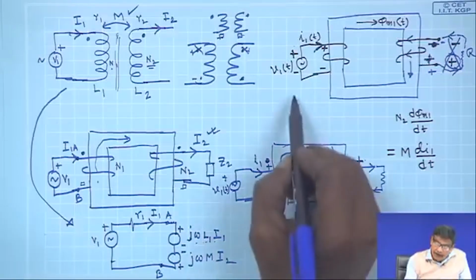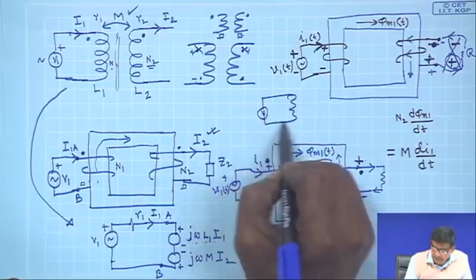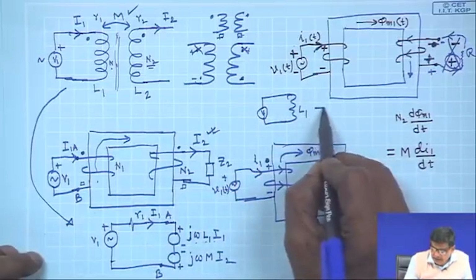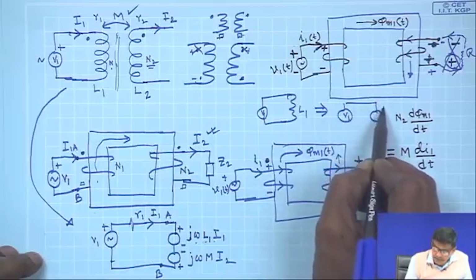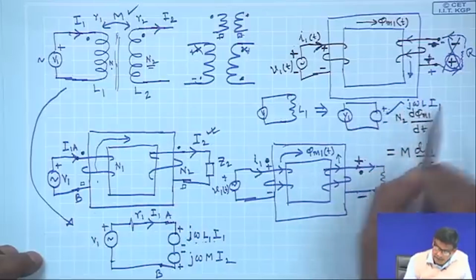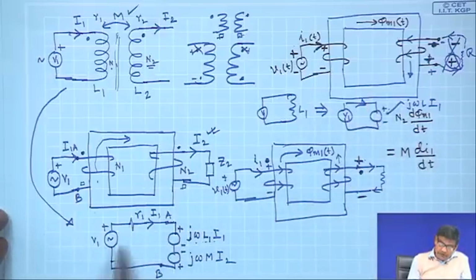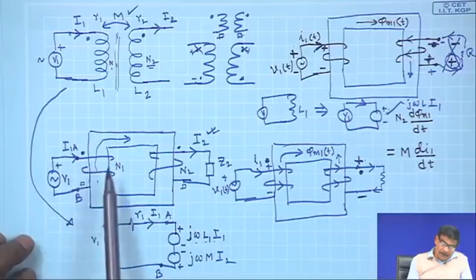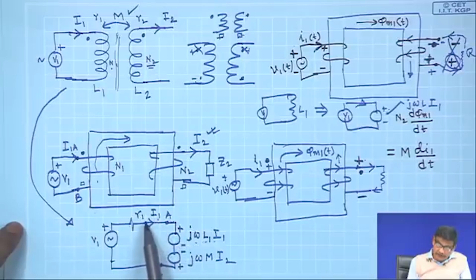Had there been a single coil with no mutual coupling, I have shown it like this V 1, this is L 1 only matters, and this circuit would have been, this is V 1 and there is another source of EMF which is j omega L 1 I 1, whichever side current is entering, that is plus, simple. So, here this coil is having a self inductance L 1. So, plus minus, current is entering through this I 1, top one is plus,